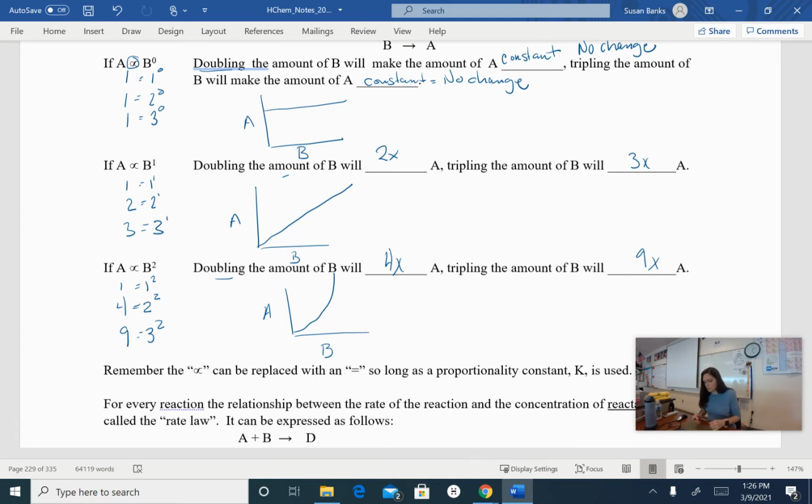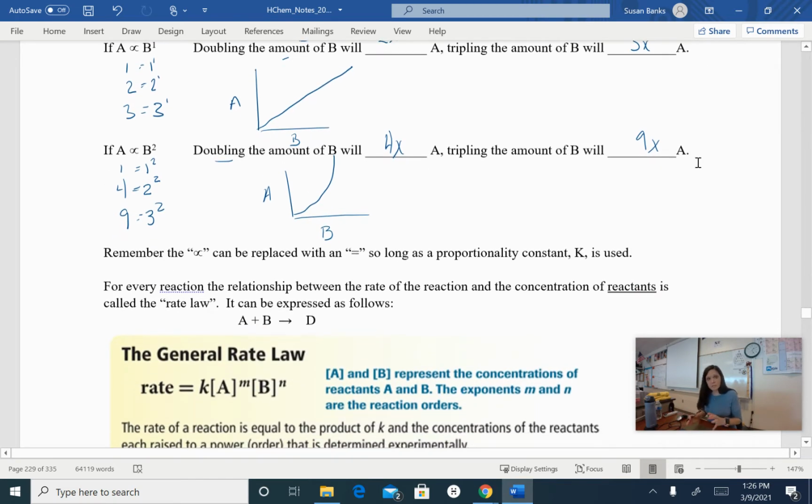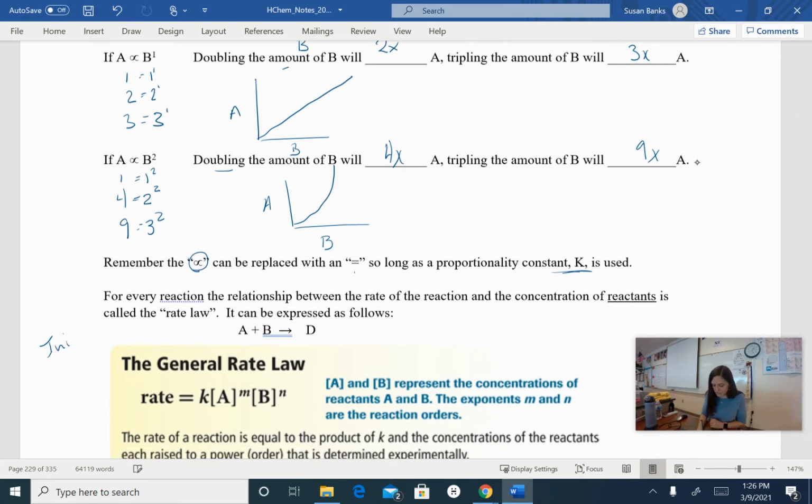Okay, so we're going to figure out how to use these types of relationships to determine rate law. And we're also going to get rid of this proportionality symbol with an equal sign by determining a rate constant, K. Okay, so for every reaction, the relationship between the rate of the reaction and the concentration of the reactants is called a rate law. Okay, so if I have A plus B making D, my general rate law, and sometimes it's called the initial rate law,